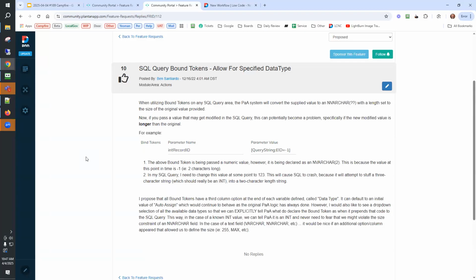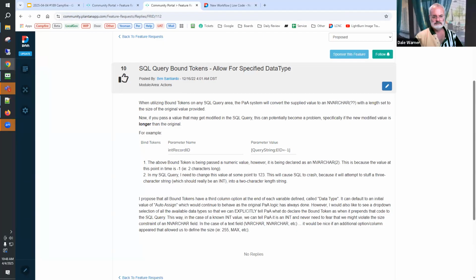And then also there's the issue of numbers coming in as strings and things like that, or true/false coming in as true/false text as opposed to a bit, a binary. So then you have to convert them in your SQL. And it would be nice if we had the option to say, whatever the data is coming in, this is the data type that I want the system to convert it to when it comes in to the actual SQL statement. So declare it as this data type as opposed to the default, which is varchar, whatever size the original text was.